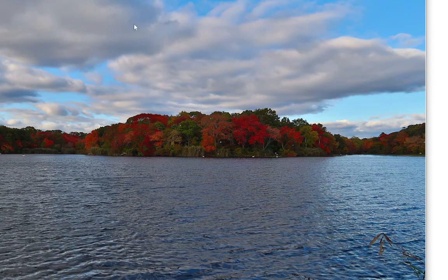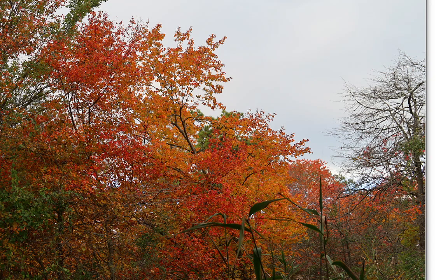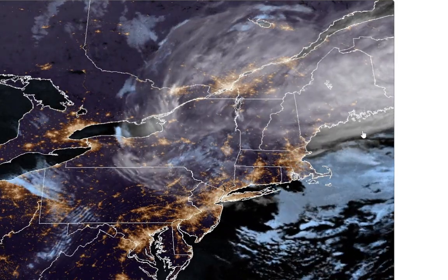You can see some clouds there, nice colors at the lake, but we had to kind of use the HDR to bring them out because there was no sun. Sun was very limited today. Nice colors there, and again some rather dark looking clouds in the sky, but we should have much more sunshine